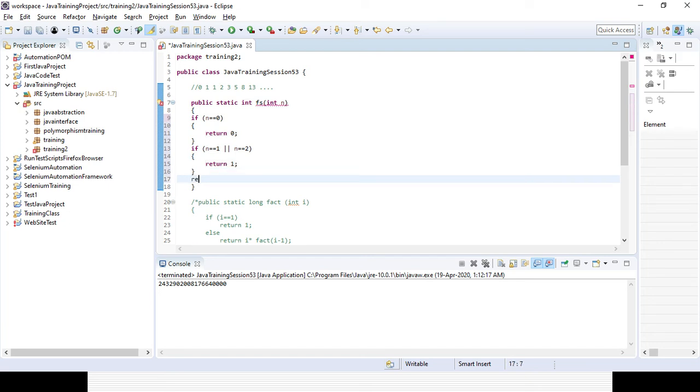It will return fs of n minus 2 plus fs of n minus 1. Okay,